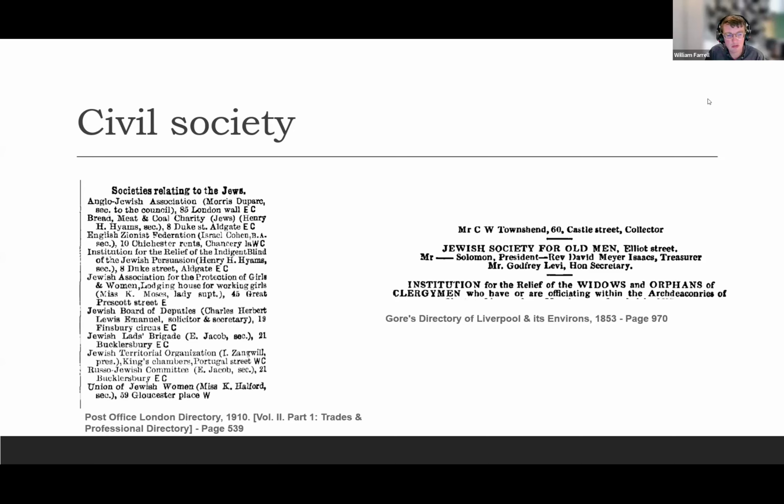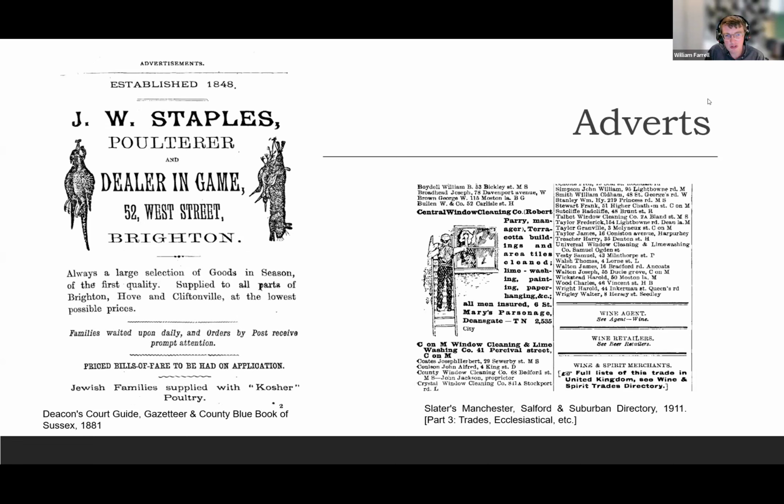They're also good for arts and entertainment. So you can find museums, art galleries, theatres, music halls, pubs, and so on in the directories. And as I said earlier, they're very good sources for advertising, which in academic history is underused. Anyone with a creative mind could reuse these in some interesting way, particularly because all the ones in our collection are out of copyright.